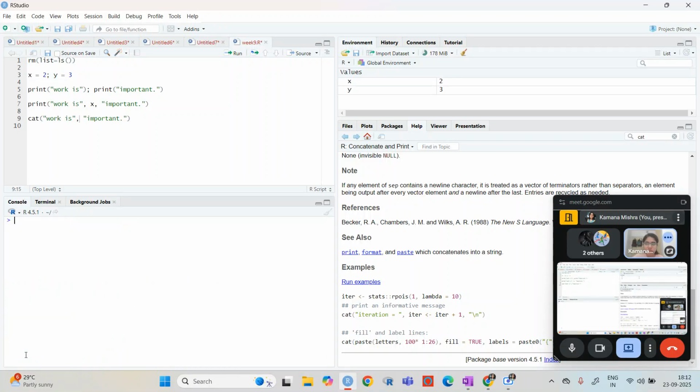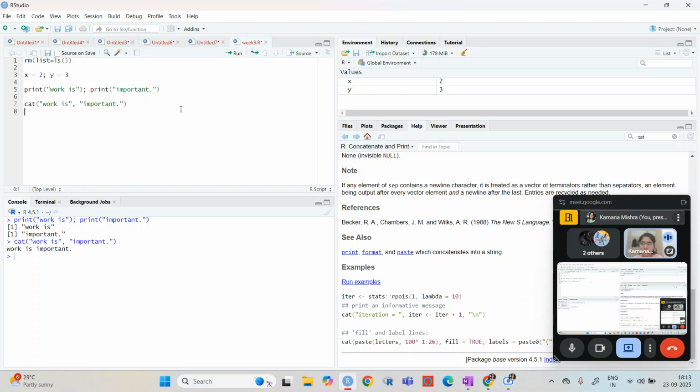Another thing is the difference you will see. This is basically not working, so I'm just going to remove it. And this, you can see is coming in quotation form and all, whereas this is just a simple line, so there is no inverted comma. These are very minor differences which you may forget, so it is very important to just look at them.